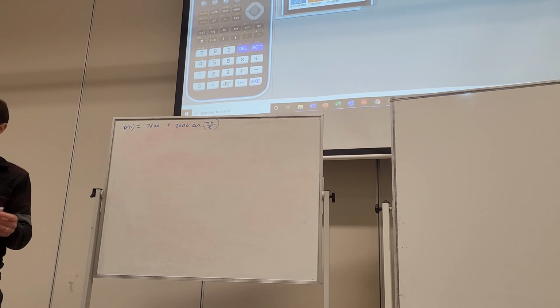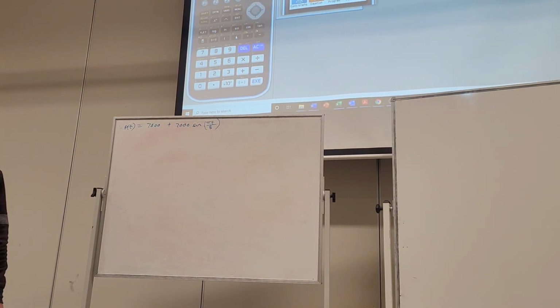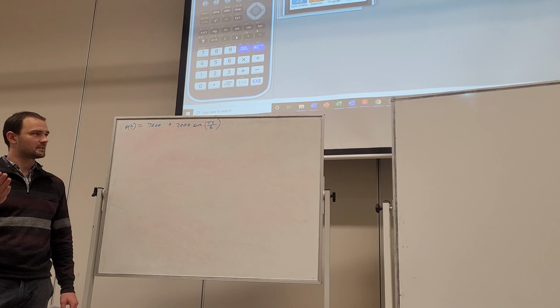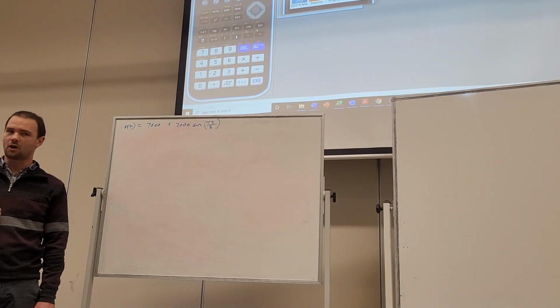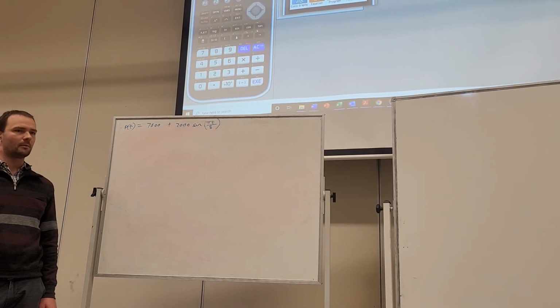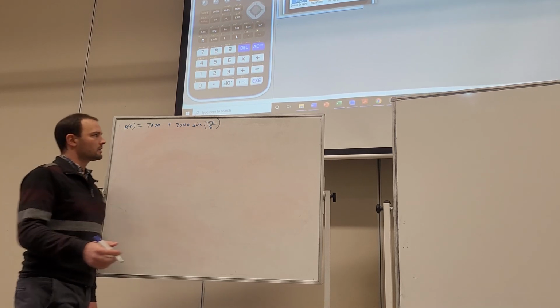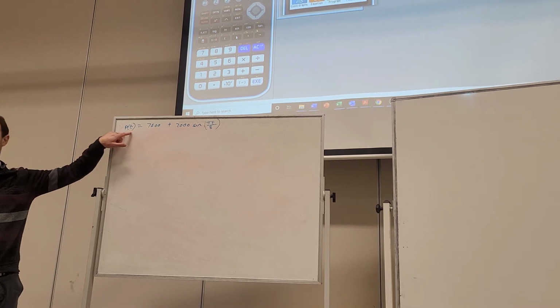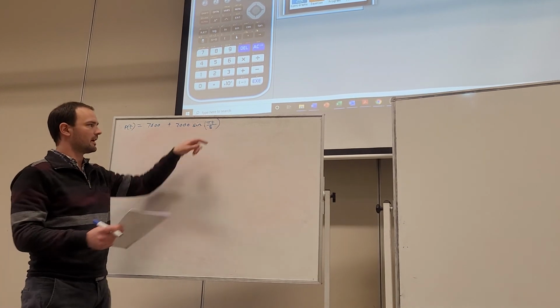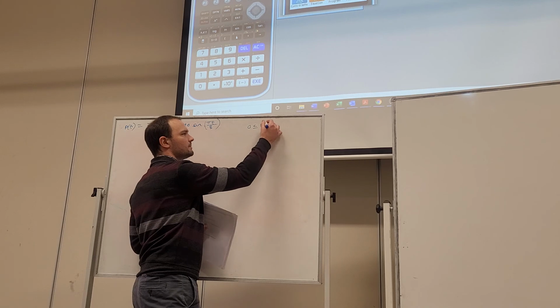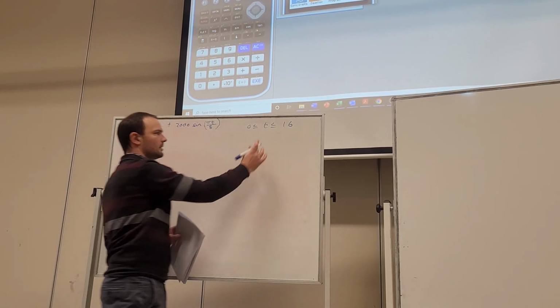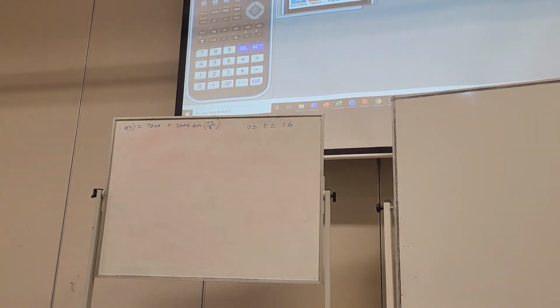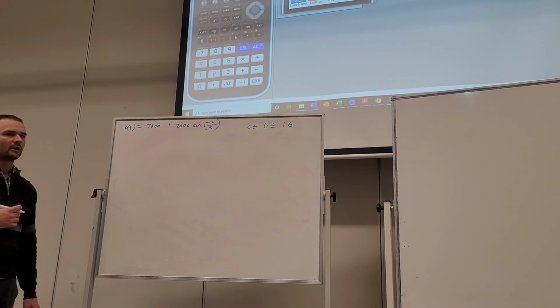So that means we're interested in time being between 0 and 16 weeks. Whenever we're talking about time when we're modelling, we're generally always talking about positive values of time. So if we're thinking of this, on the y-axis we're going to have the population, and on the x-axis we're going to have time. So our domain is between 0 and 16, because we're told we're modelling for 16 weeks. How about on our y-axis? All right, on our y-axis, we're going to have,